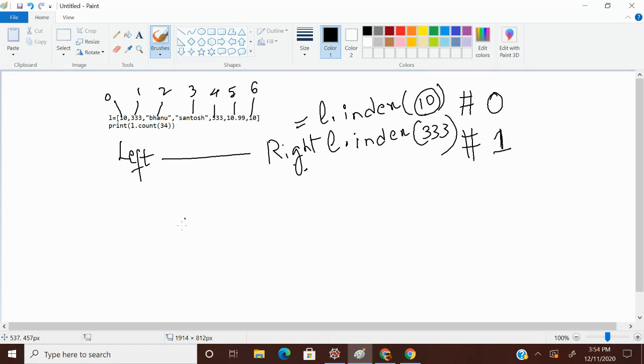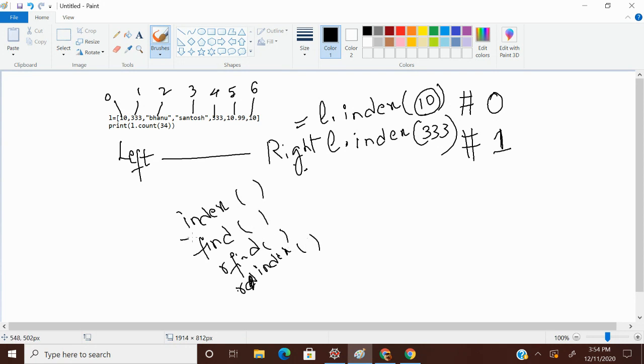In strings we have index, find, rfind, rindex functions. Okay, only the index function is applicable in a list.